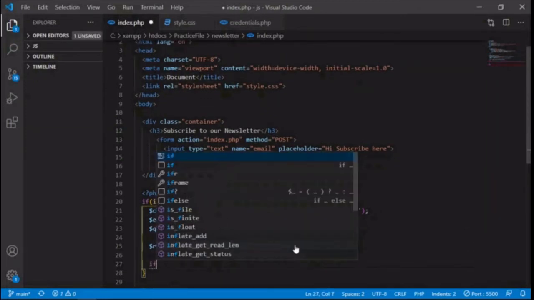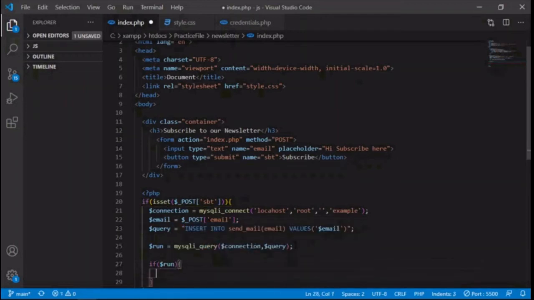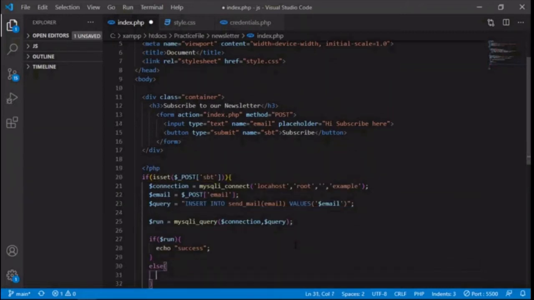So check if that query variable is successfully executed. Else, error.